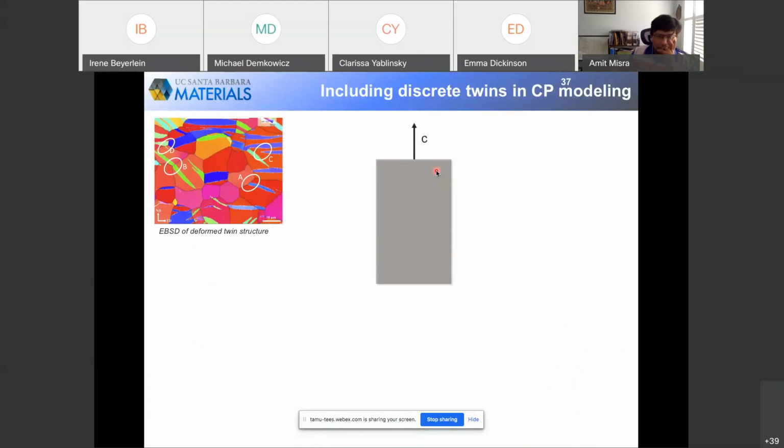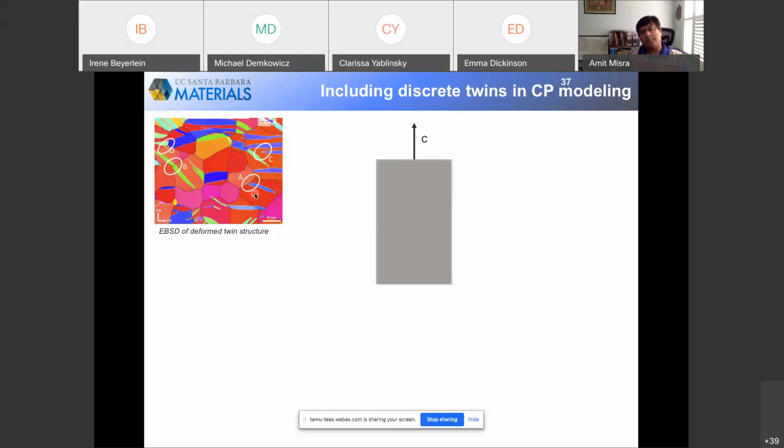In understanding this next stage, something that has been useful is to develop models that would represent these discrete twin volumes within crystals, and to then determine what the stress fields are in and around the twin as it's deforming and moving in a crystal under deformation. So before that, I wanted to just